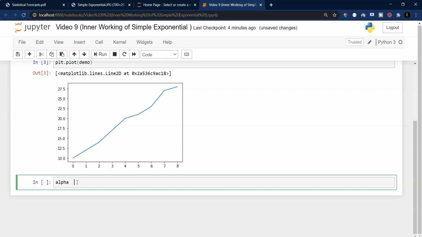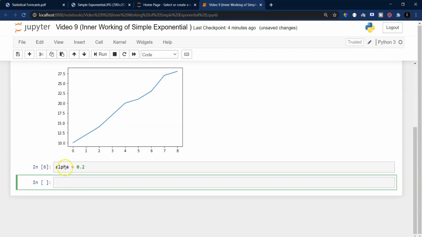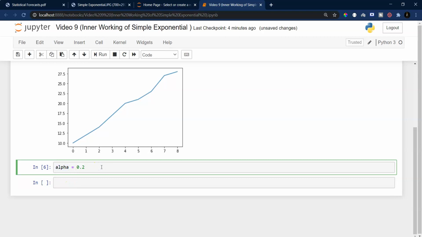Now how do we decide what is the best value of alpha? For the time being, let me just use the value 0.2, and don't think about why I took only 0.2 and not 0.3. If you are thinking why didn't I take 0.3, then let me just take 0.3 only, because right now I'm not thinking of any appropriate value for alpha.